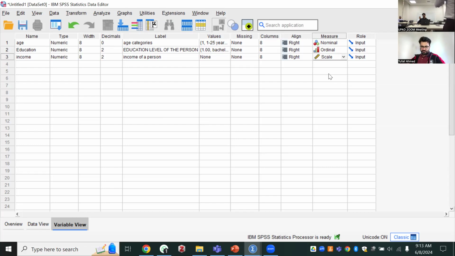But when it comes to the income level, there are two options. Number one, yes, we can categorize those people who have income less than 1,000 reals, those who have income 1,000 to 2,000 reals, or those who have income 2,000 to 3,000. Otherwise, the other option is that we don't categorize them because it can also be a continuous number. For somebody, it's 700. For somebody, it's 800. For somebody, it's 1,100. For somebody, it's 2,500. So there is a lot of variability in the income level.